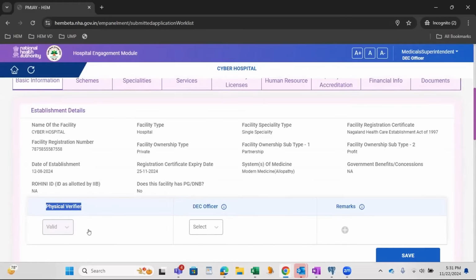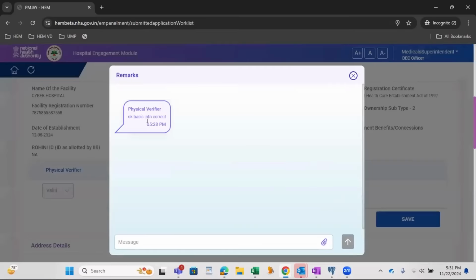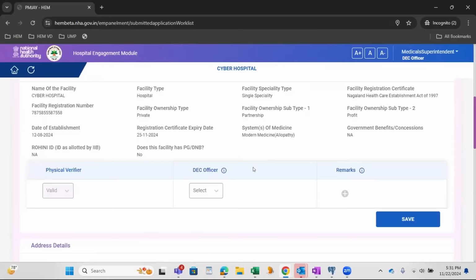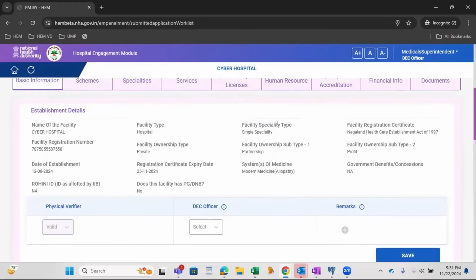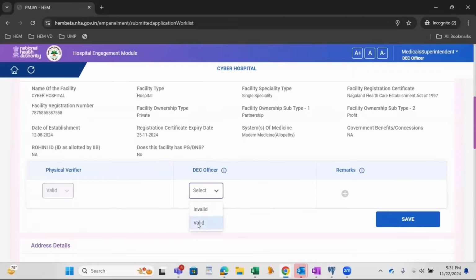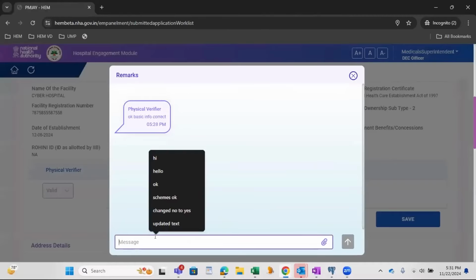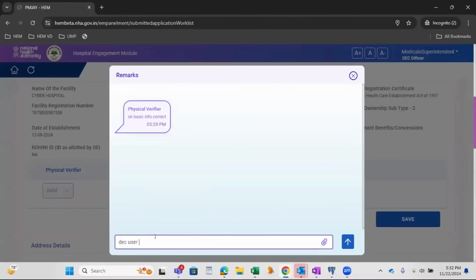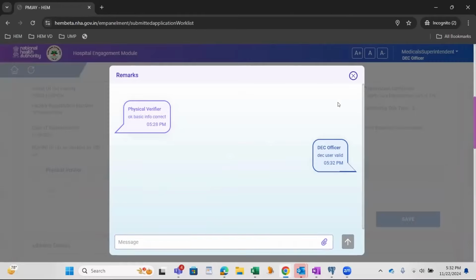The physical verifier has selected valid. And if I click on remarks, you can see the remarks given by the physical verifier. Now this is the DEC user who can further approve this empanelment form, validating all the information if he wants and giving certain comments. So if the DEC user also selects valid, we can see the chats and the remarks given by each user.